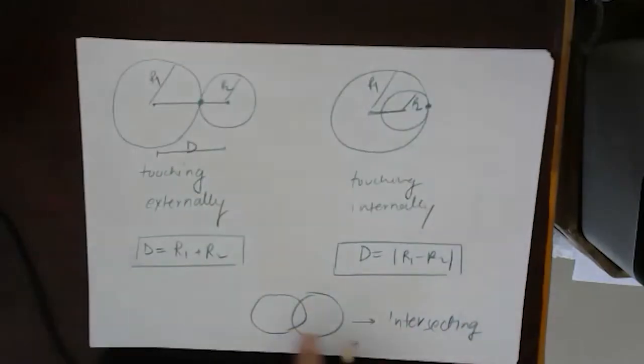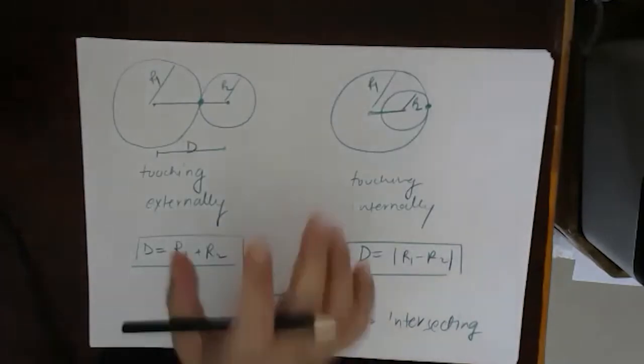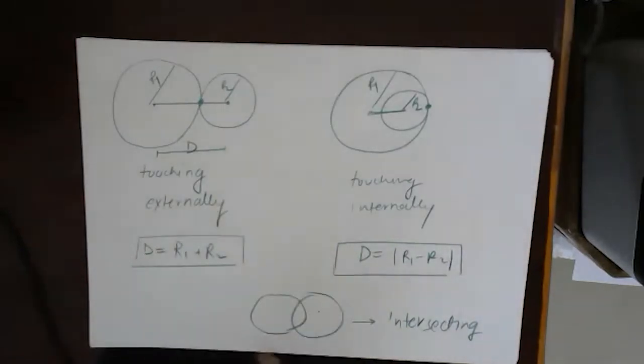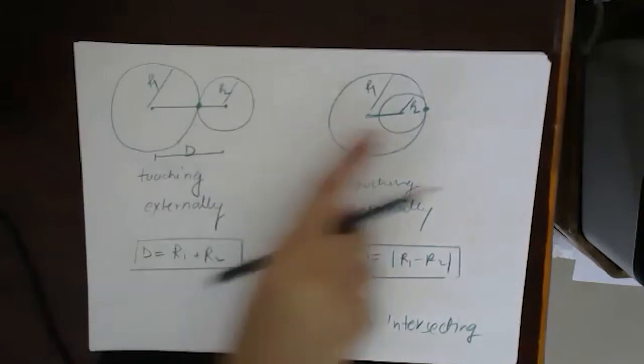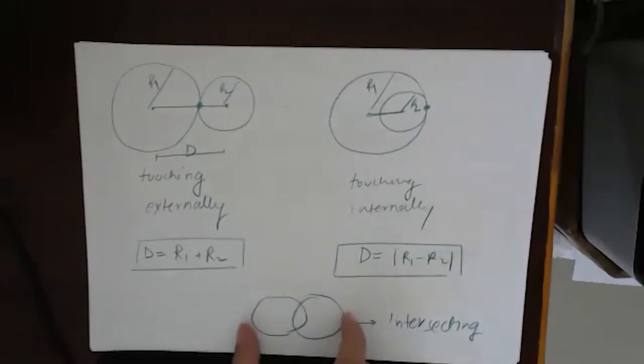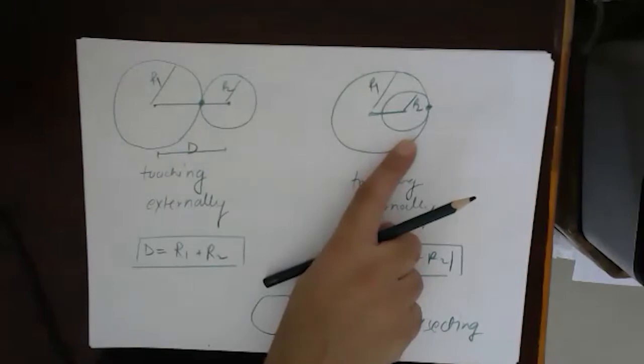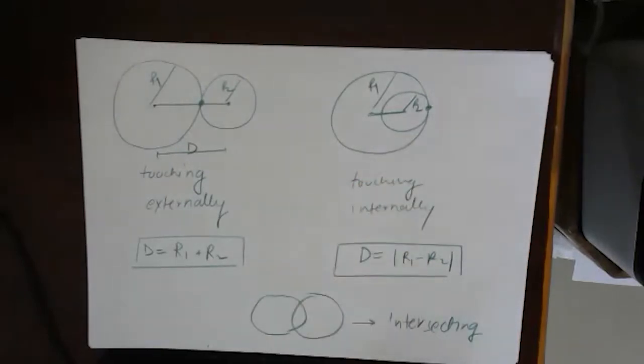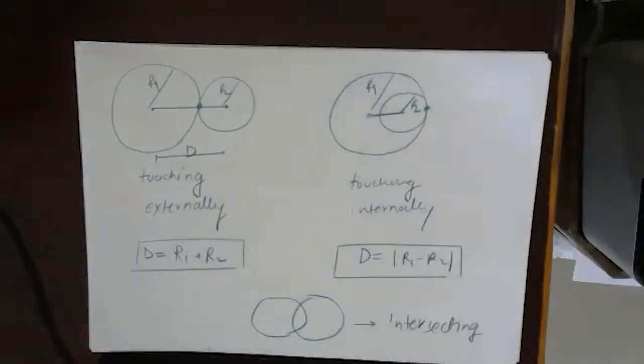Okay, if the circles are touching each other, that means it is either externally or internally. Understood? If they are giving intersection, that means this part. This is what they call intersection. This is not termed as intersection. And if they are not touching or not intersecting, that means the circles will be separated. Fine. Now let's do a question based on this concept.